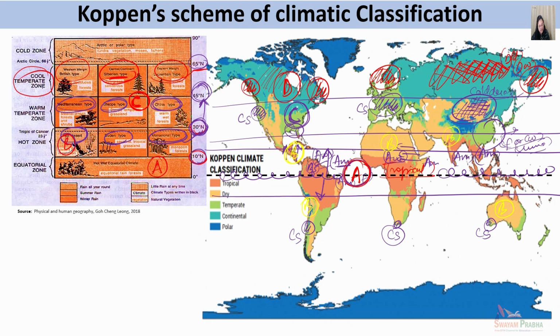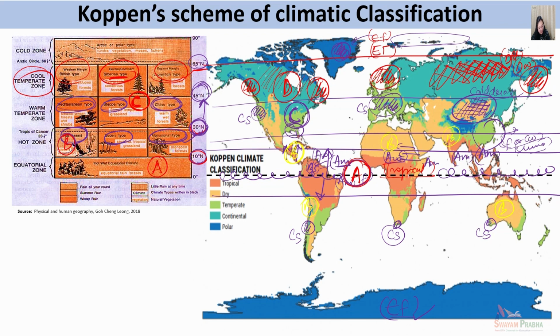So you'll have Laurentian type of climate here, and then you will have British type of climate which will be experienced here. And then beyond 65-degree latitude, you will have first ET type of climate, and then you will have EF type of climate. So the central Greenland region is entirely EF type of climate, and the Arctic region of the northern hemisphere and Antarctic region of the southern hemisphere will also have EF type of climate.